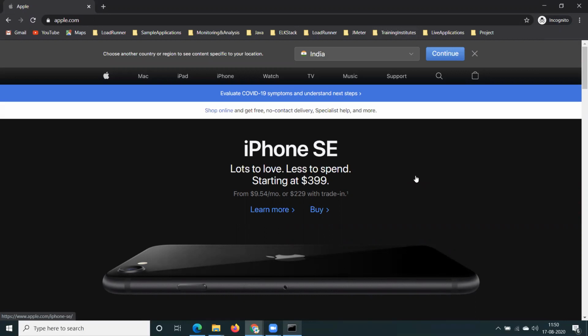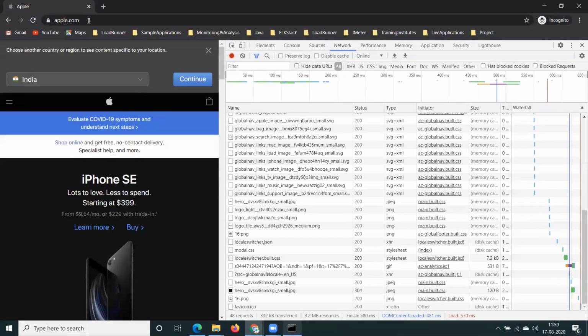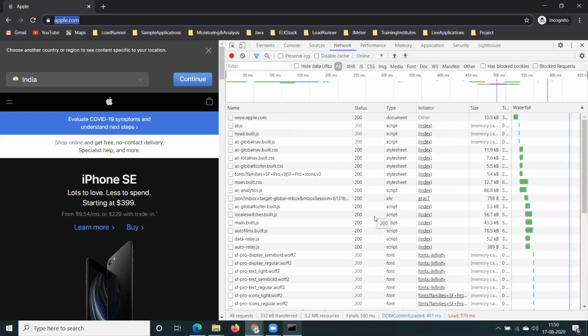Now let me show you what exactly hits per second are, what exactly are the calls to the web server. Let me launch developer tools by clicking F12, and let me resend the request. I am making an HTTP request to apple.com. I actually sent one request to apple.com, and this is my actual HTTP request that was sent by a user. But if you see here, there are a lot of sub requests, a lot of calls made to the web server for this single HTTP request.